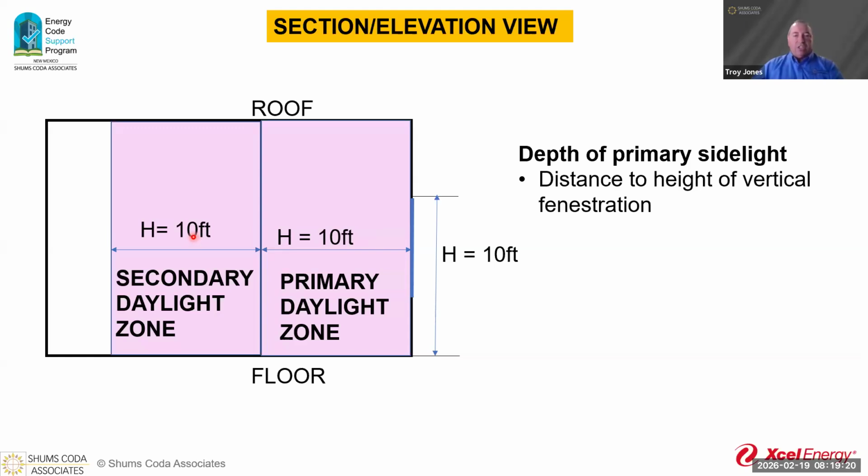Francois got a question here. It says, can you point to the section of the IECC that explains skylight area calcs? It seems that the height of the glazing, not just the head height, should be a factor. What if I have a ribbon window, for example? So that ribbon window is taken to the height of the fenestration, just like this shows here, Francois. And that comes out of